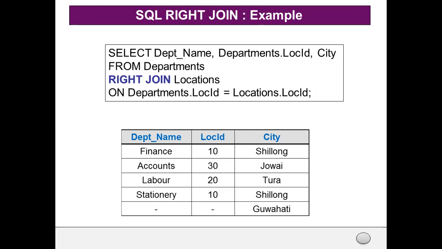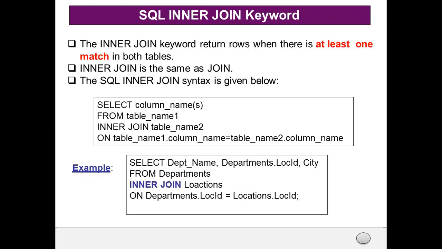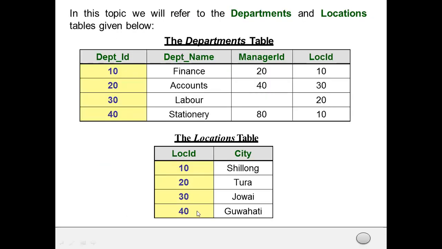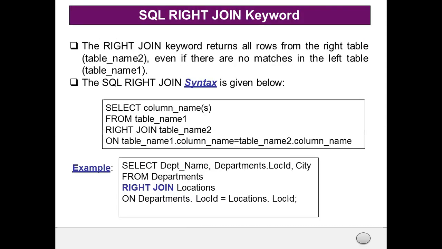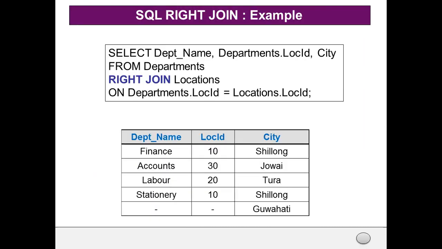Now you may have a question: but the LOC ID of Guwahati does have a value. It's 40, right? But it is not reflected over here in the right join part. Why? Because we are considering the department's location dot LOC ID and not the location dot LOC ID.